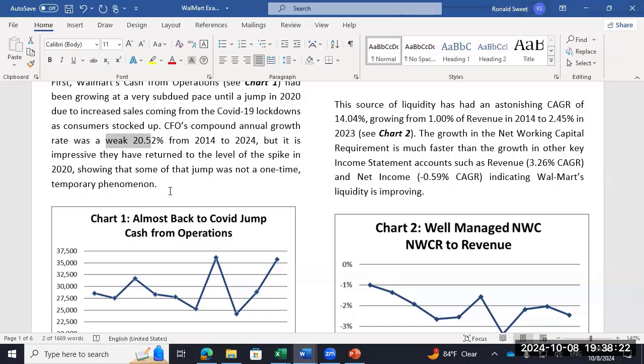Does a 20% growth rate sound like a weak number? So you've got to change the number, get out the thesaurus. Or if it is weak, find another word. I use weak, anemic. I hate the word robust, so sometimes I use it just as a joke, because right